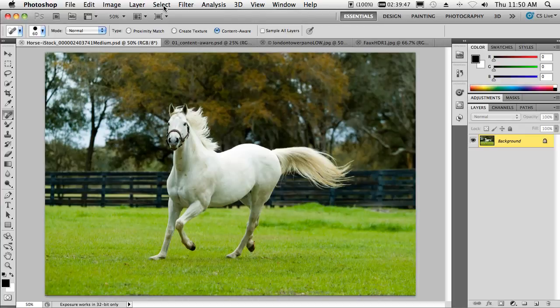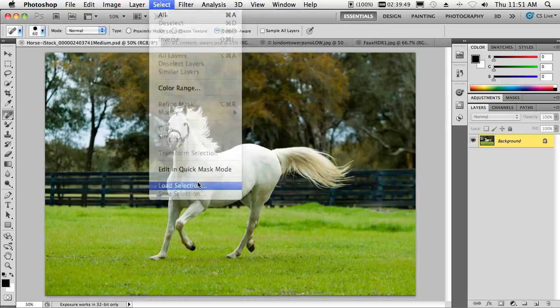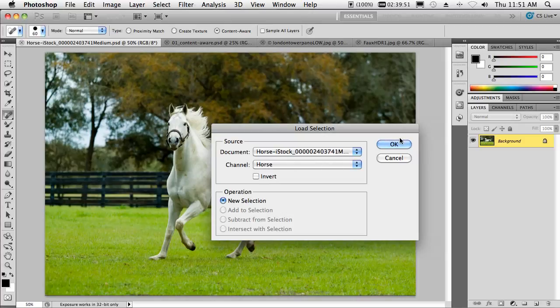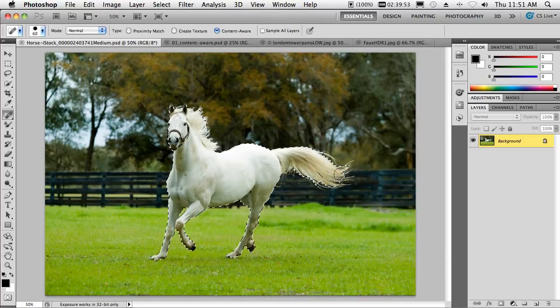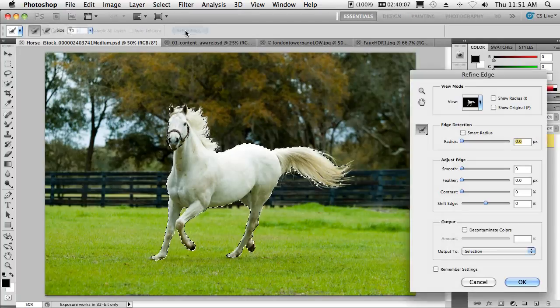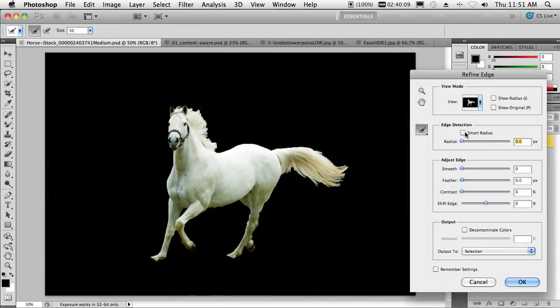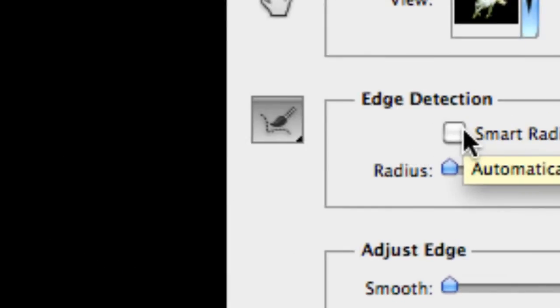So the first favorite thing I have is I'm just going to go ahead and use the quick selection tool that I've saved before. We'll just grab a quick selection of the horse. Now I'm missing part of the tail, missing part of the mane, and even if I weren't missing those things, the quick select tool was never designed for both hard and soft edges. However, using the new Refine Edge command, I can now go in and turn on the brand new edge detection